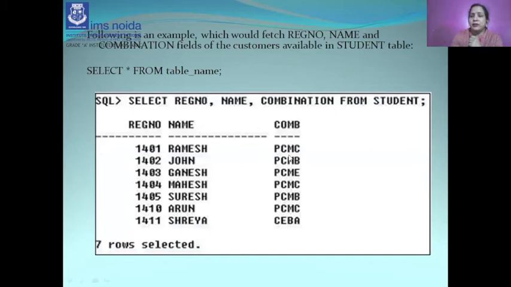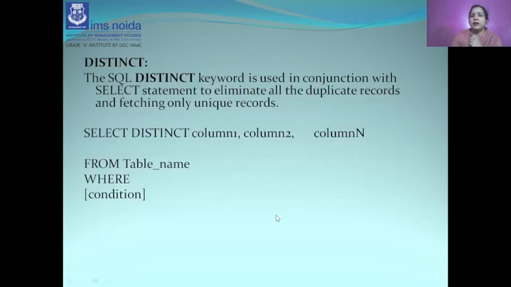Now suppose there is a requirement to display only PCMC, PCMB and CEBA individually. There should be no duplication of PCMC, no duplication of PCMB, right? So what to do in this case? For that, we have to use distinct.